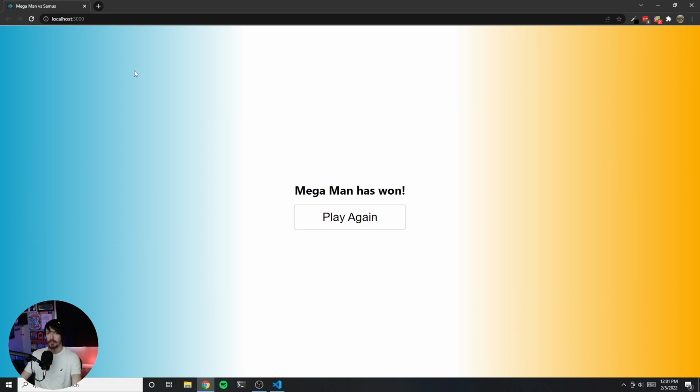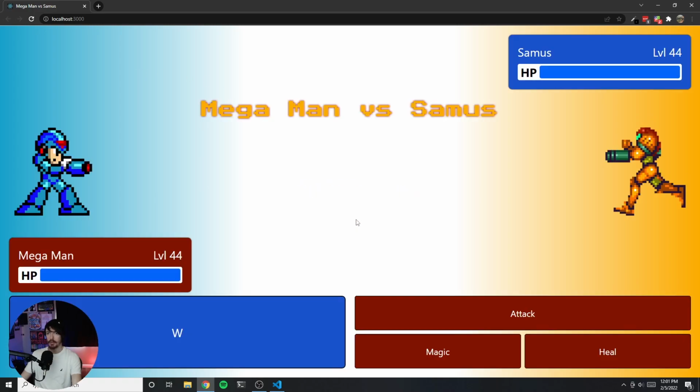So once one of the characters wins, you can see the name displayed there, and then you can choose to play again. And that is what we're going to be building. So if this looks interesting to you, go ahead and stick around because we're going to code all the way